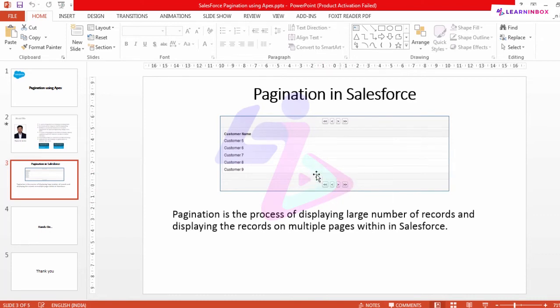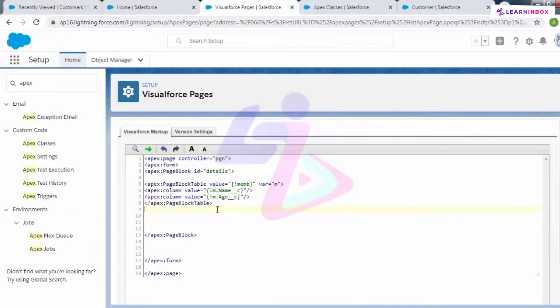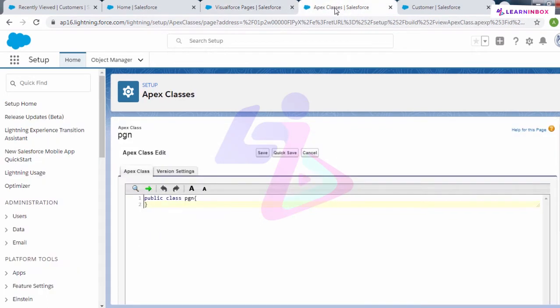For creating those buttons, definitely we have to use some logic behind that, and that logic will go in our Apex class. So let us go to our Apex class first and write some code for that.